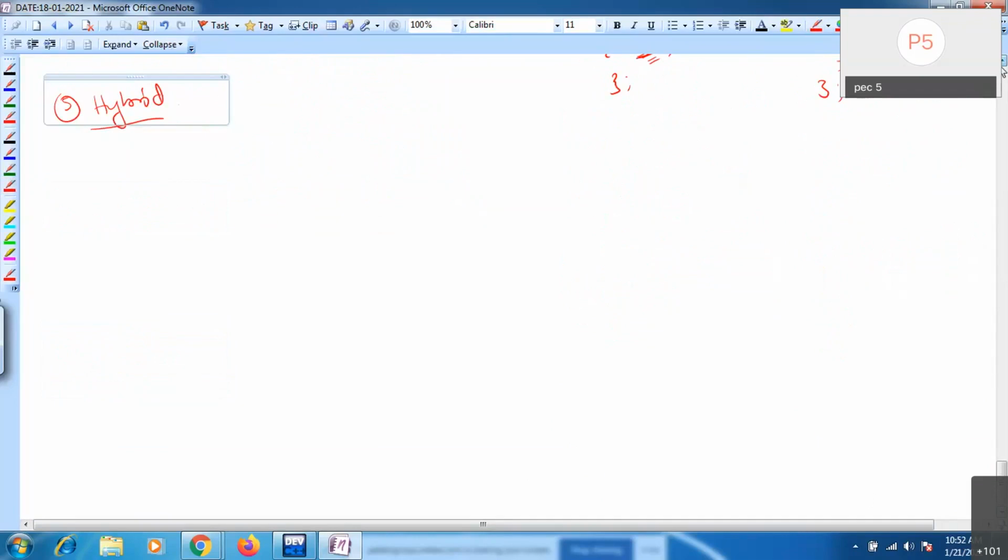You can combine two or more. For example, here I have one multi-level inheritance. I'm just combining it with multiple. For example, here I have one more class D, and this D class is also deriving into C.